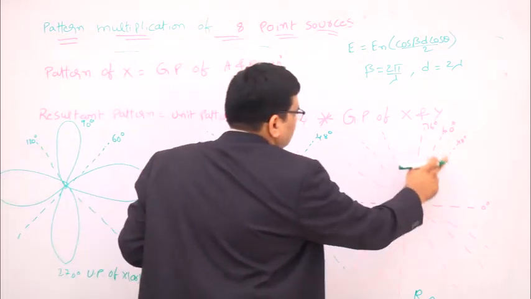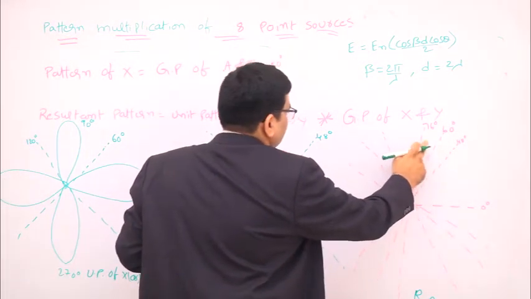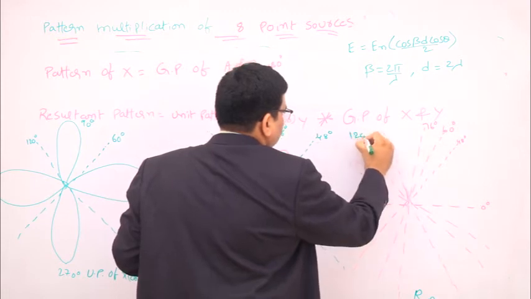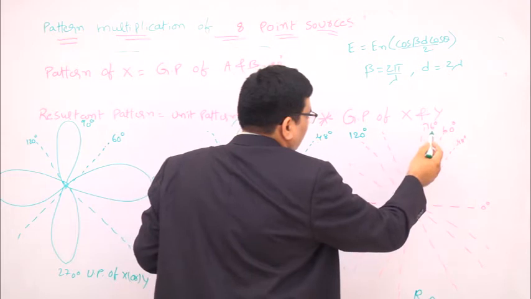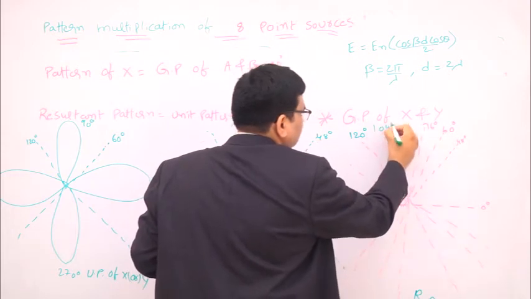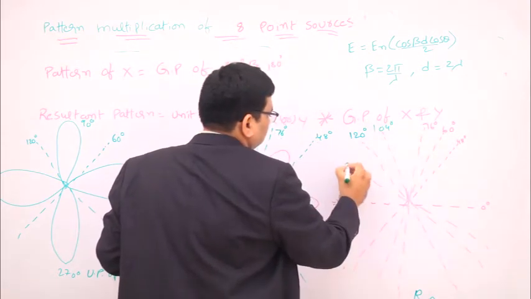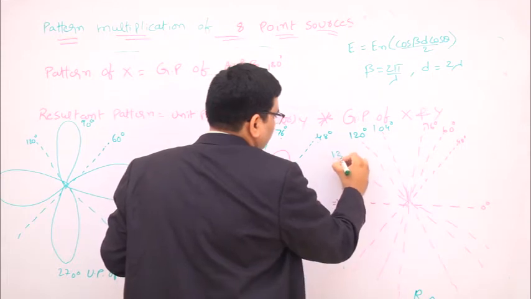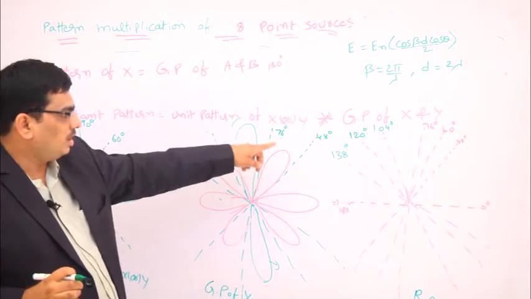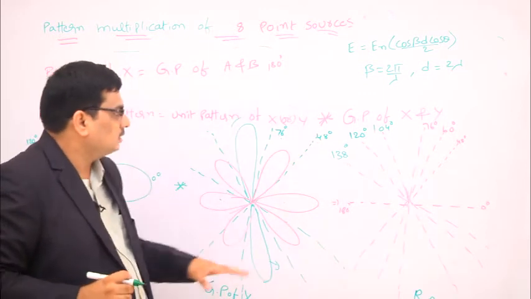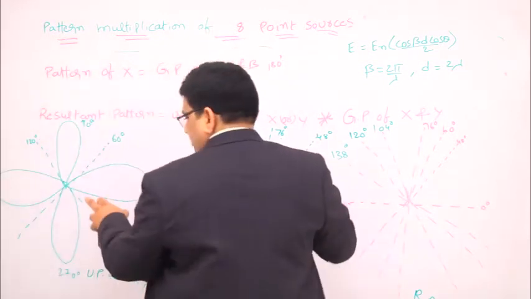So 48 degrees, 60 degrees, 70 degrees, and here it is 120 degrees, 104 degrees, and 138 degrees. So all the 6 nulls are marked, and if you multiply these two patterns,